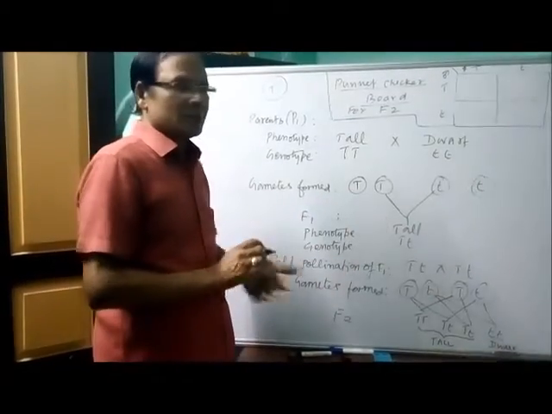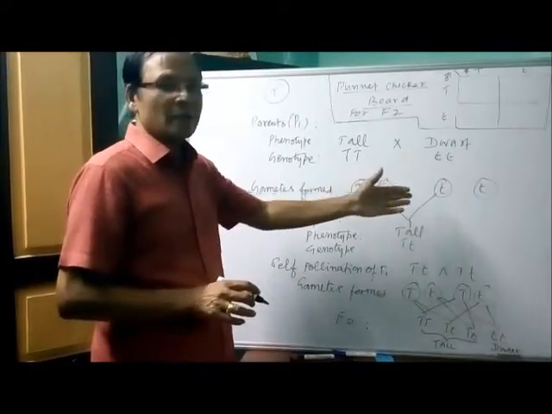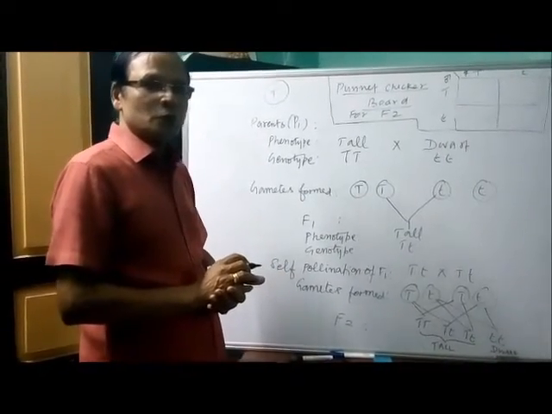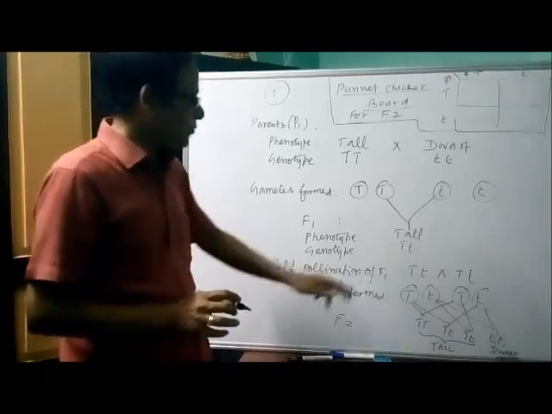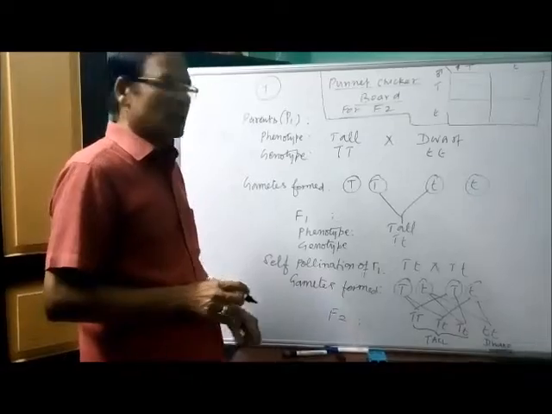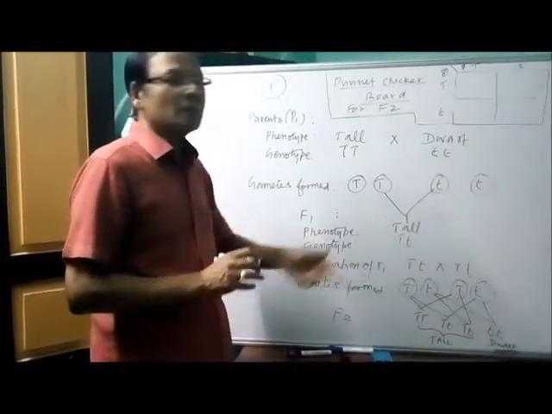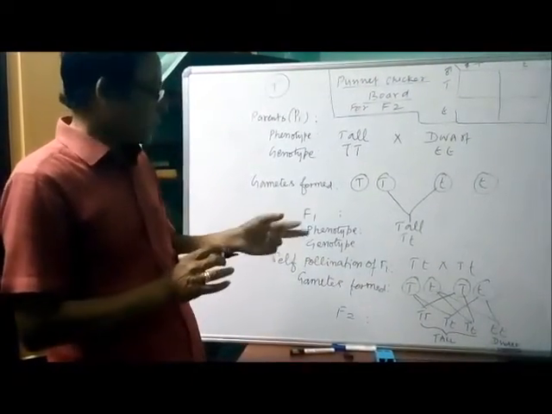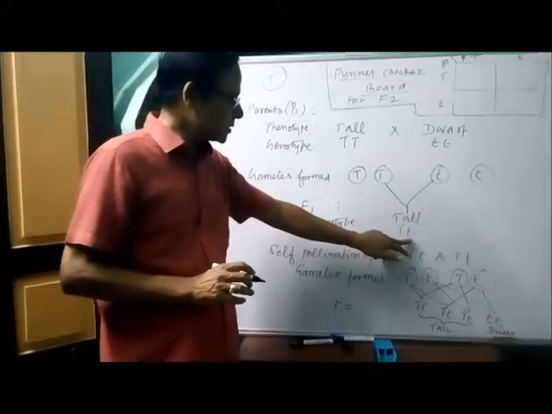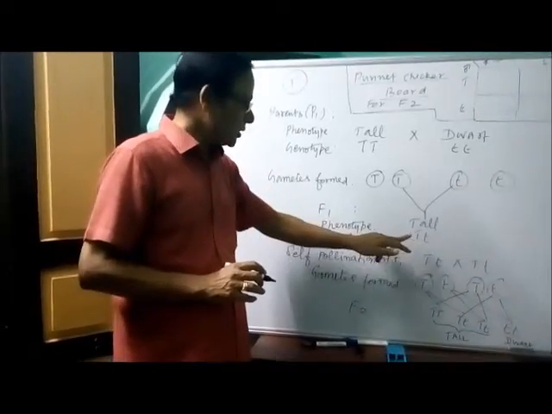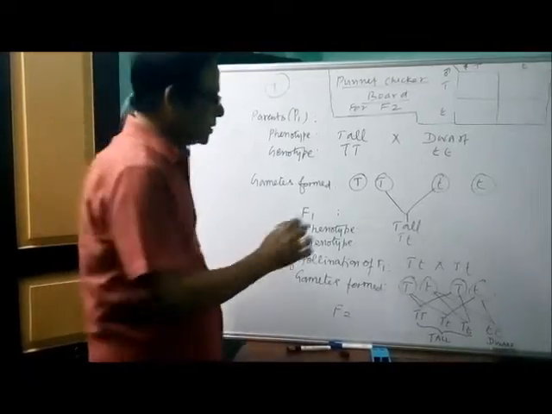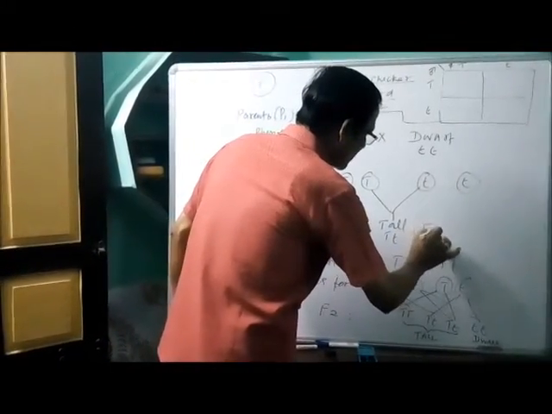Now the fertilization occurs. The union of the male and female gametes leads to the formation of the seed. That seed produces the F1 generation in the form of all tall plants. All have the same genotype of heterozygous condition, capital T, small t. As tall is the dominant character, the recessive factor is being masked. So heterozygous individuals are produced in the F1 generation. Now these individuals are called F1 hybrid